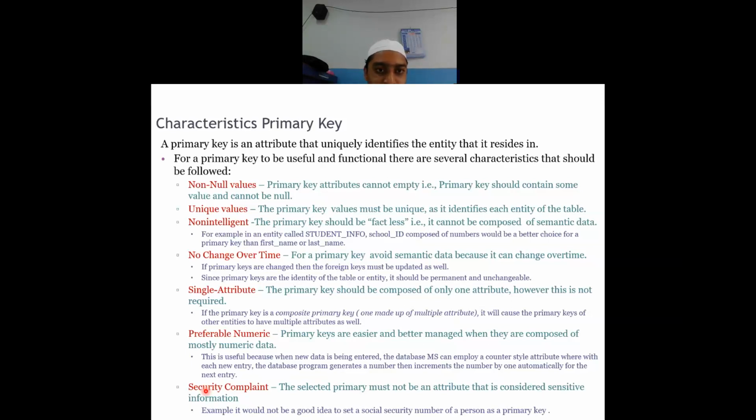For example, your PIN number. Can there be any student whose PIN number is null, who is not having any PIN number? No, it cannot be null. So whenever we look at a particular column, we should make sure that the column which is not having any missing values or null values is taken as a primary key.